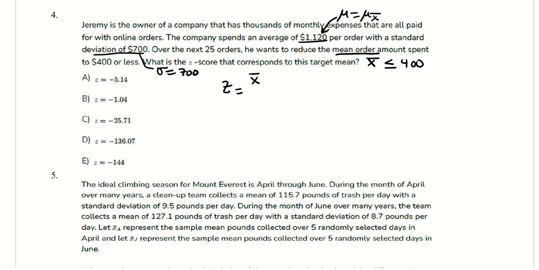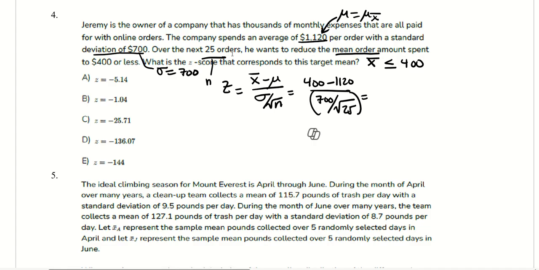Remember that we said the z-score is x bar minus mu divided by sigma over square root of n. So we have 400 minus mu divided by sigma over square root of n, over the next 25 orders. That's my n. So here you go. Remember, use parentheses when you calculate that, okay? And sometimes it's easier to just do the denominator, you know? So it's going to be